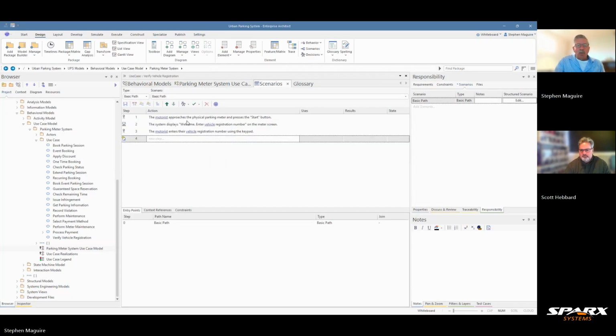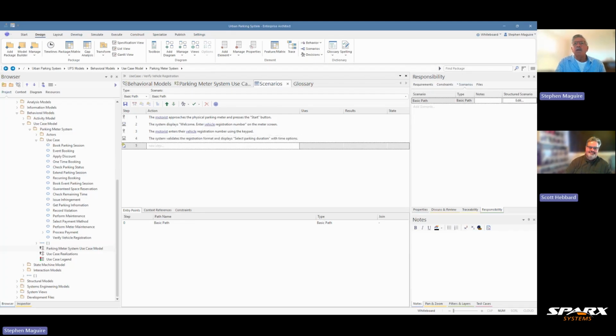So we're going to continue that down, and let's just finish this off. I think we'll just put in the rest of the text as we're going. It's a kind of table tennis game between the system and the actor, and in this case the actor is the one that initiated, which is quite common in a use case model. The other thing while I'm doing this, Scott, is that there's a lot of robust debate, I call it robust debate, between people